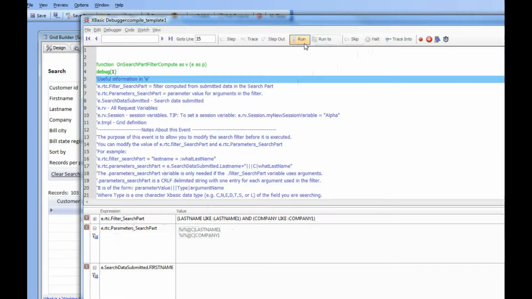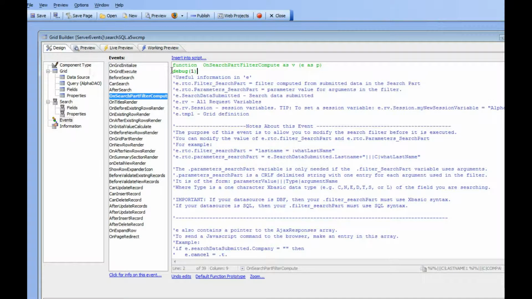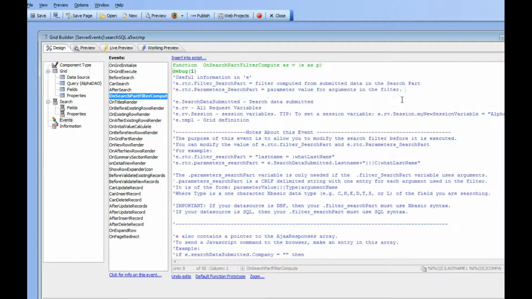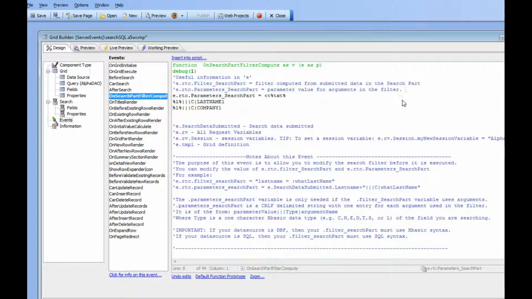and run it. And now let's go back here to my event handler, and what I'm going to do over here is set those values. So I'm going to go here and say equals, and I'm going to change it to M. So regardless, no matter what the user submits, we're going to be searching for last name contains M or company contains